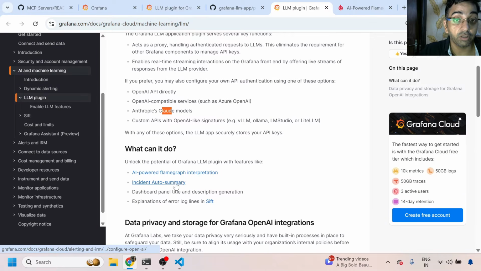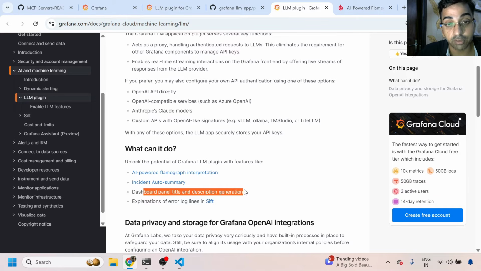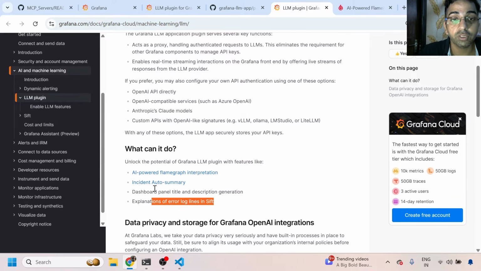It can do an incident auto summary, meaning if you have a lot of incidents in Grafana, it can quickly do an auto summary of those incidents. And then it can definitely do dashboard panel title and description generation and so on. So let's quickly see two, three things in this, and then I will tell you how to do this in the open source Grafana. So stay tuned in this session so that we can see both the Grafana Cloud and Grafana open source implementation